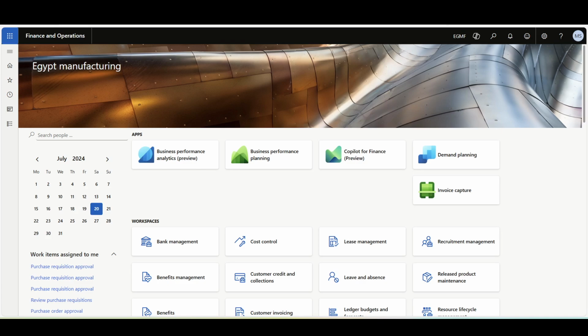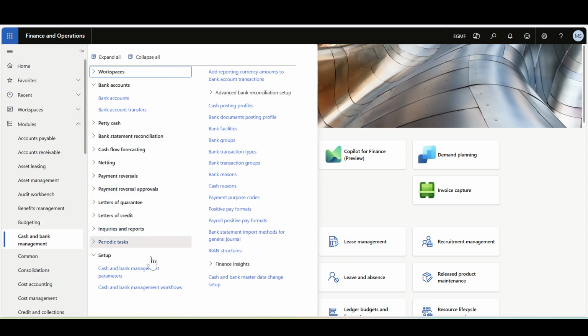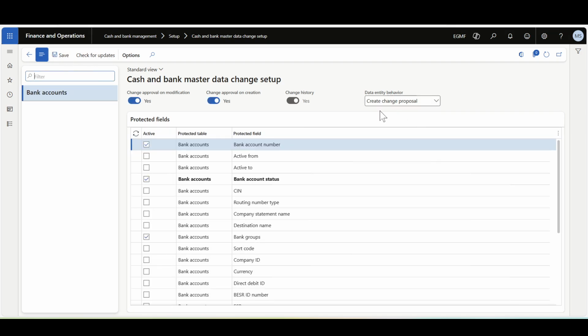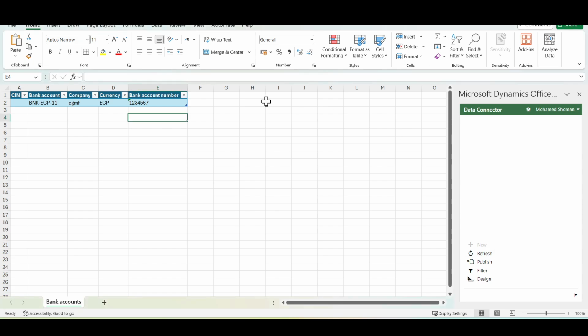The workflow approval is also triggered by the data management changes, and it depends on the configuration of the Cash and Bank Master Data Change Setup. Here we can determine the data entity behavior from these options. Allow changes without approval, so it will be automatically updated, or create a change proposal like the manual changes, or reject the changes automatically. So here I'm gonna select create a change proposal, then I'll click save, and let's navigate